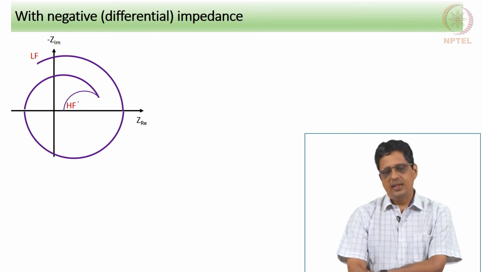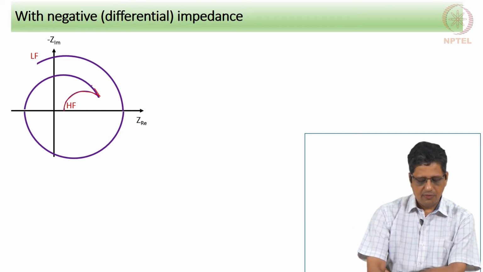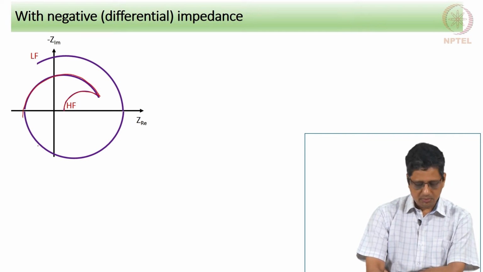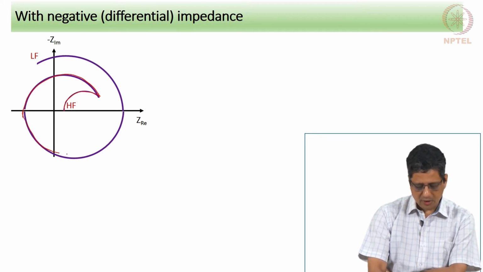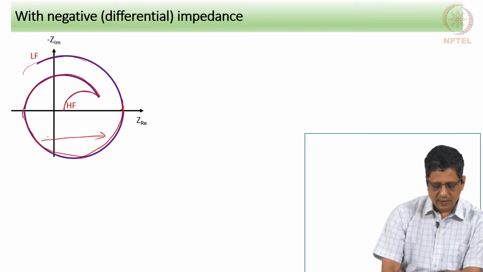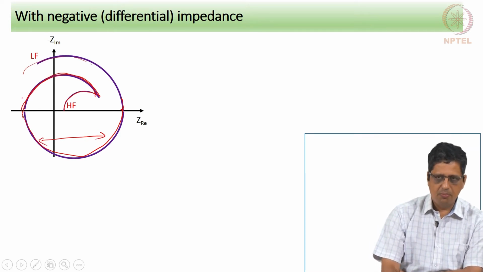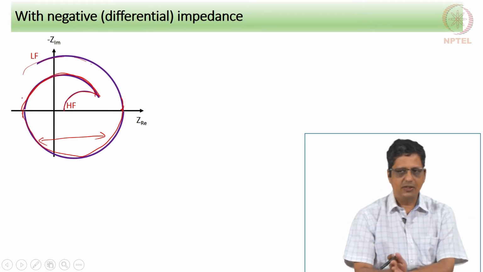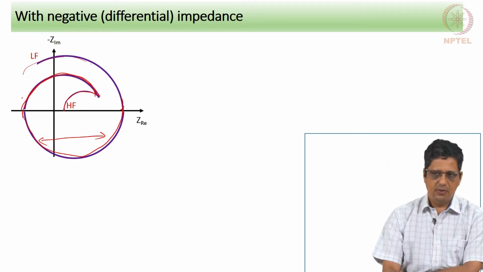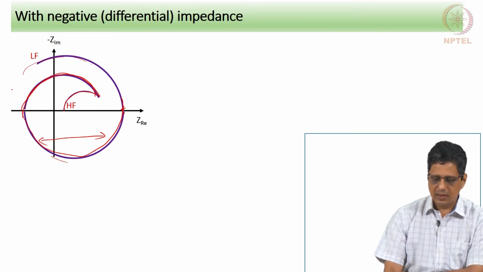Okay. This is data where you have a capacitive loop followed by another capacitive loop, followed by another loop which goes like this, followed by another loop which goes like this. So, this is an inductive loop, but it is flipped. This is for example a capacitive loop, but it is flipped. Basically it means it is a capacitive loop, but associated with negative resistance. This is an inductive loop associated with a negative resistance. This is a capacitive loop associated with a negative resistance.